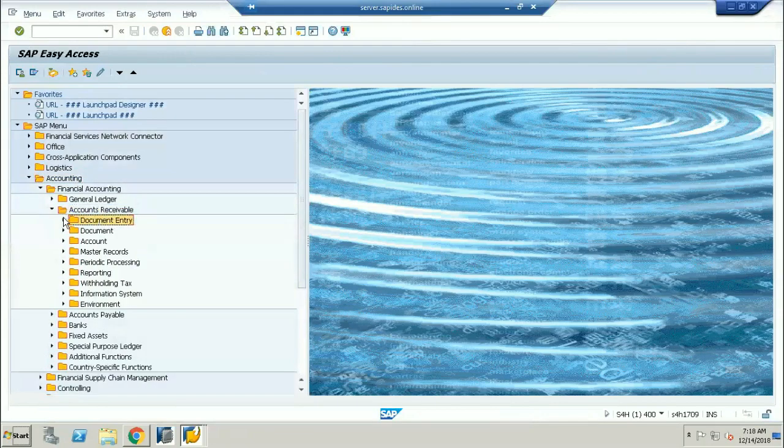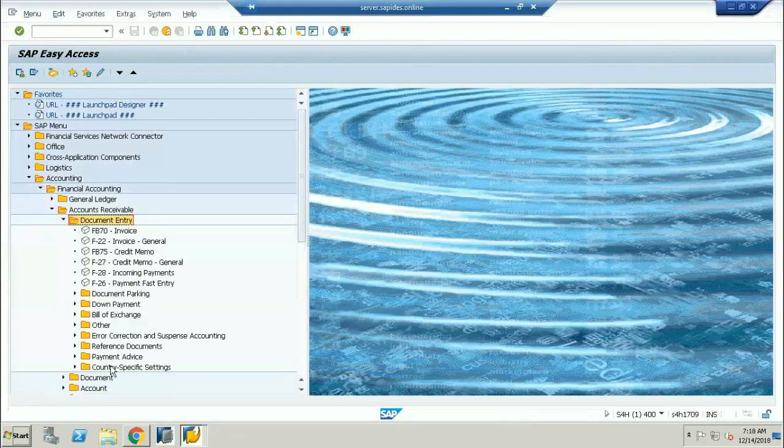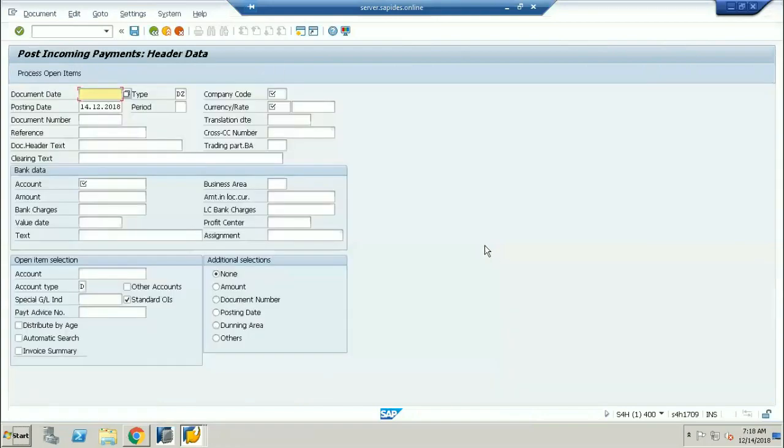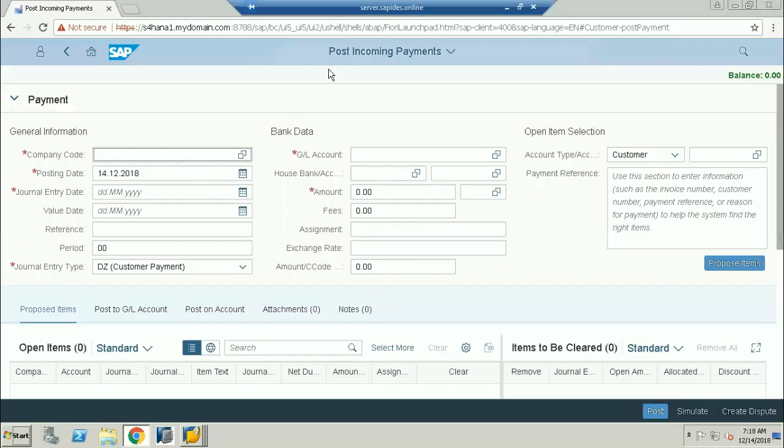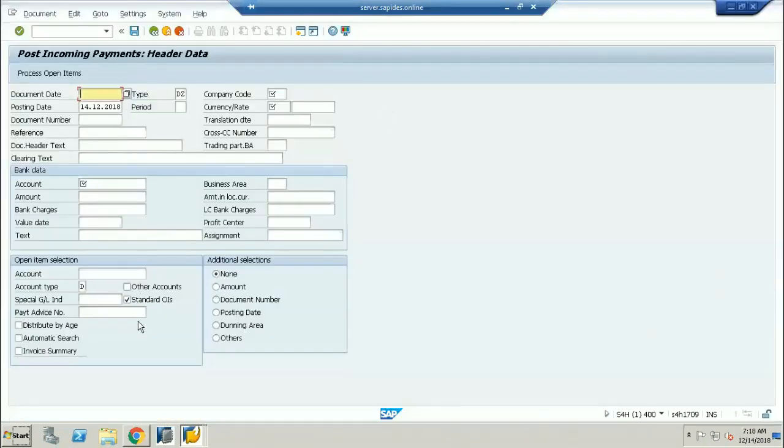I'll go to the document entry. I'll go to the outgoing payments. Where is my outgoing payments? Here. Sir, incoming payments, F-28. If I double click on it, this is my GUI. Post incoming payments. The same thing, if I see from the Fiori, this is the post incoming payments. This is the Fiori and this is your GUI.